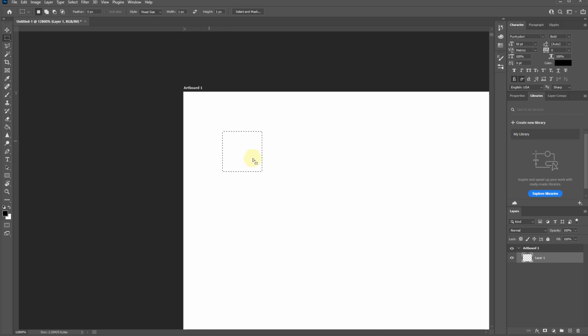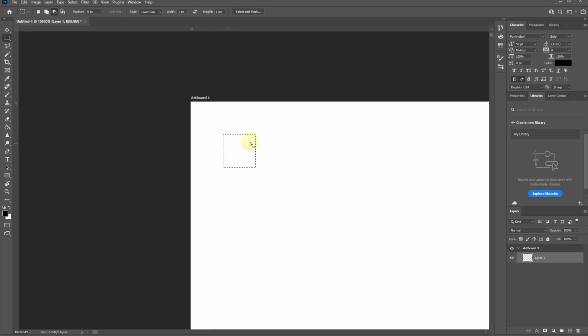Okay, so we are working with 1 pixel right here, all right? So that's the smallest unit that you're going to use inside of Photoshop here. And because we did that white background,